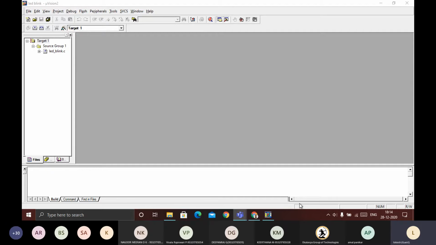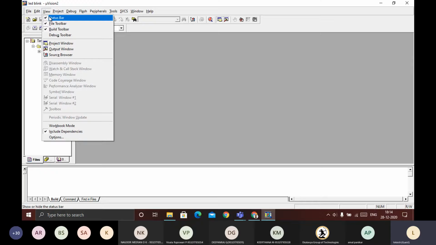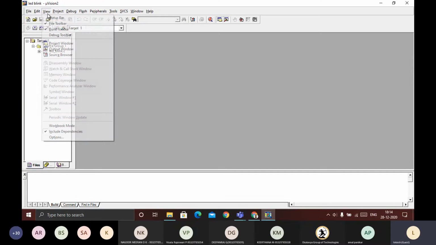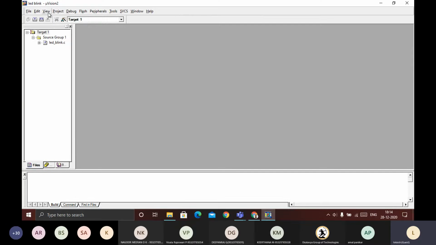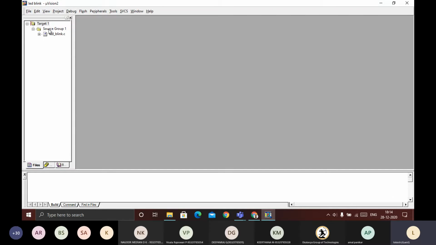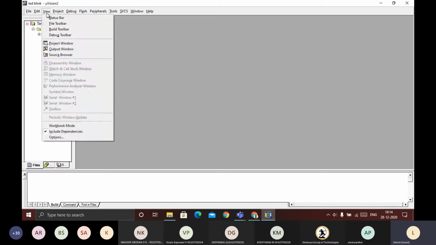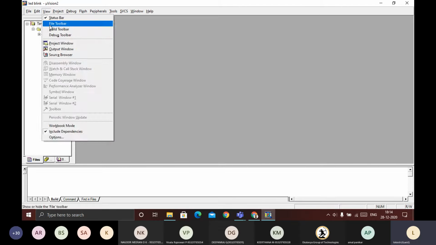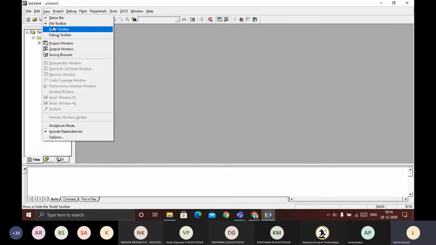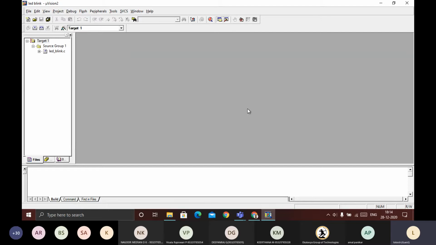Okay. So the status bar is gone, you can see now. So View, status bar, view file toolbar, build toolbar. See how it happens. So we can have the different views, and we can put them back again. So for the view purpose, we have it like this.